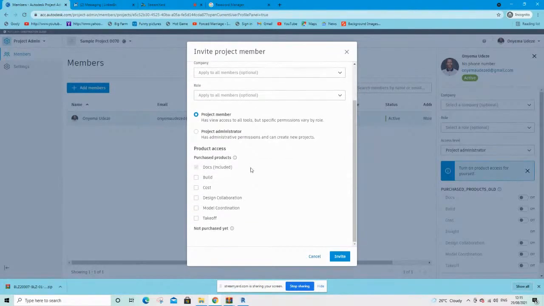So depending on what you want them to do, in this case, our focus is just design collaboration because BIM Collaborate Pro is meant for design collaboration, right? So in this case, I just only want them to collaborate on this project, but assuming I want them to collaborate on the field, which is basically another aspect of this